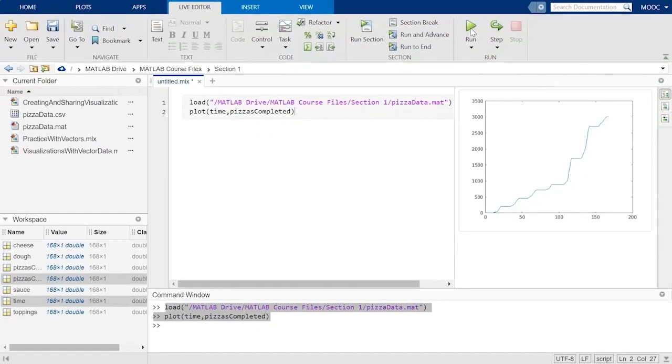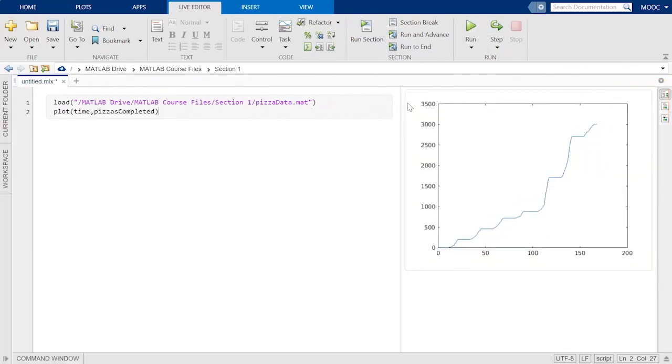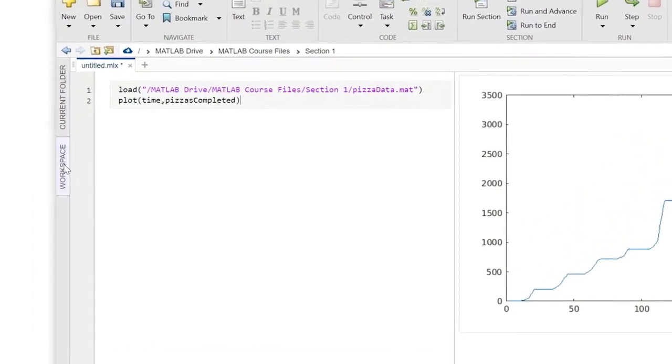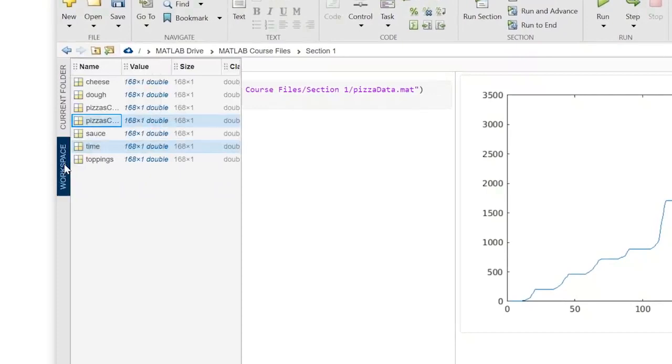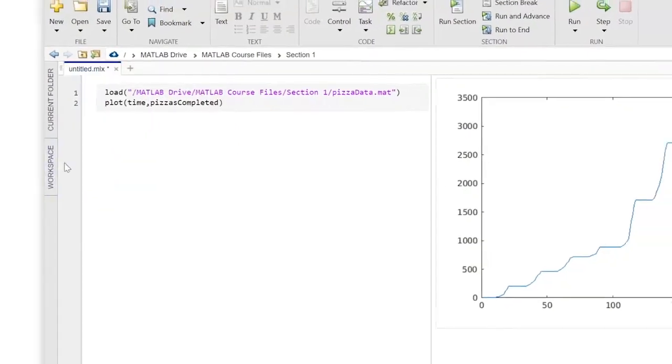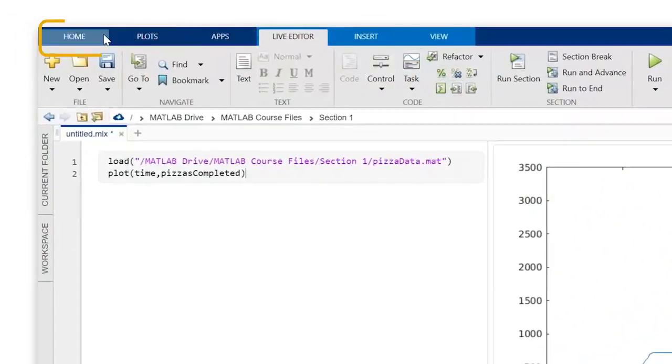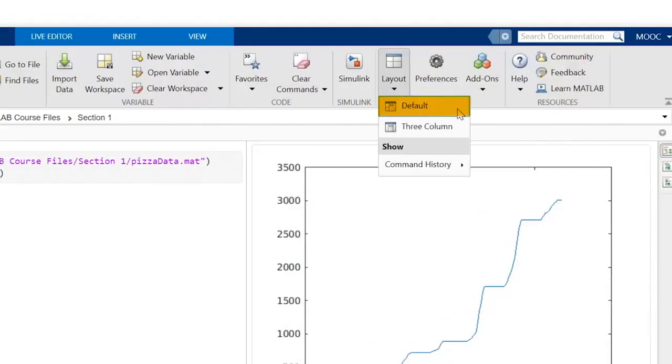This plot is a little small, so let's maximize the editor from the menu near the top right. This minimizes the other parts of MATLAB, like the workspace, but you can still see them by clicking on their names. Use the top right menu again when you want to restore the editor to its original location. Also, if you ever want to completely reset your layout, go to the Home tab and select Default from the